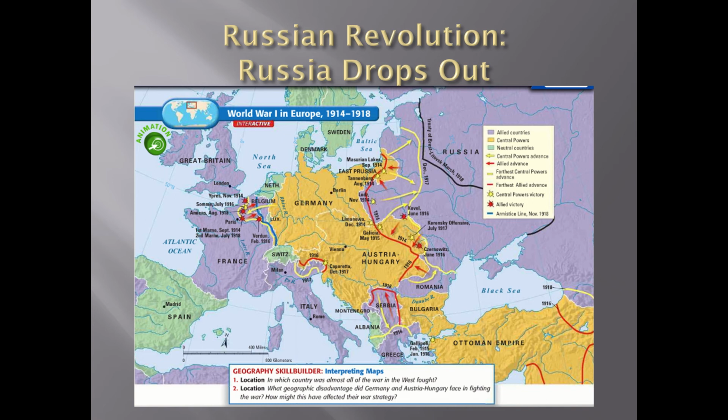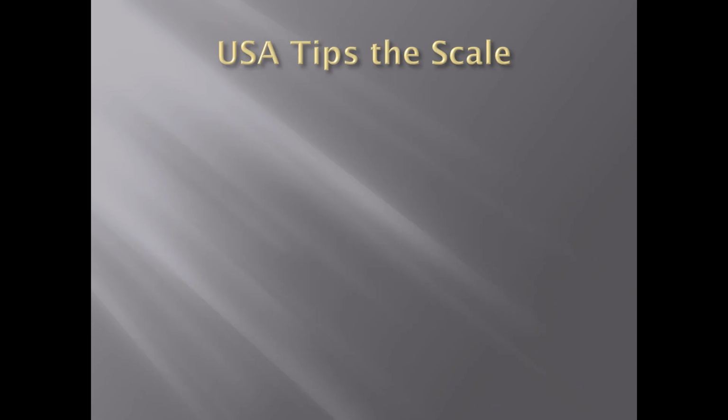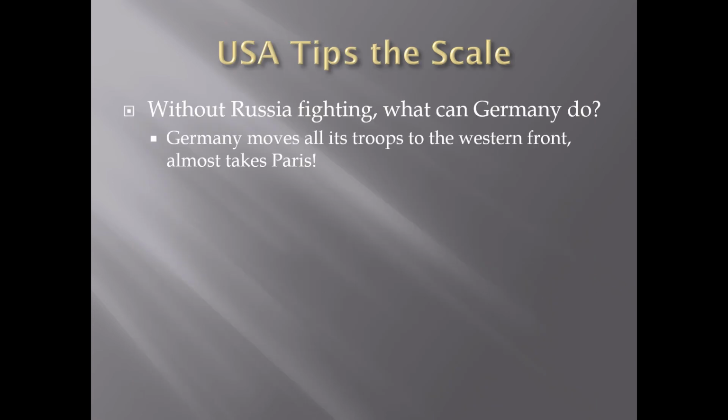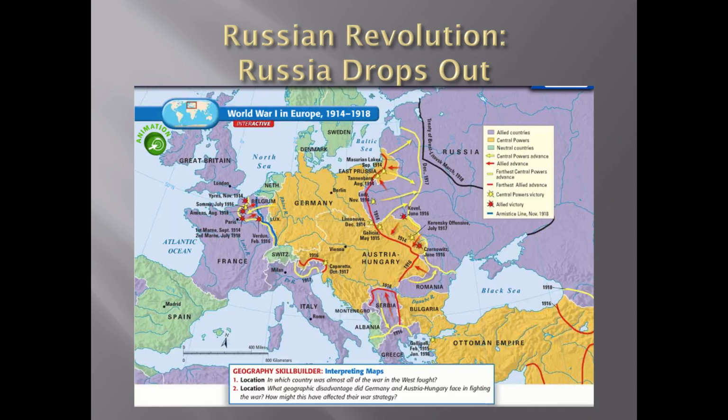And that means, what can Germany do now that it no longer has to fight Russia? Right. It can move its troops to the Western Front. So if we look here, it can take all the troops that were on this side and move them to fight France and Great Britain. And that's huge because Germany was holding its own against France and Great Britain when most of its troops weren't on this side fighting. They were fighting the Russians. So now it can take all of those resources and put them against France and the British forces.